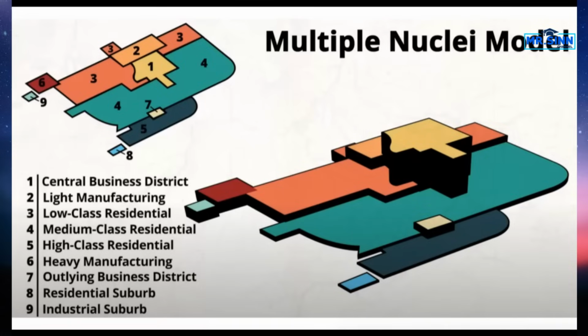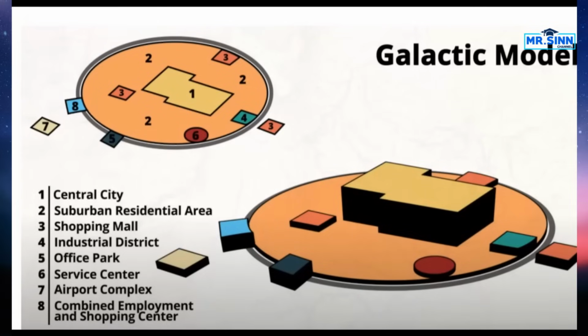If we're looking at jobs that maybe lower income individuals are working at, they're going to gravitate and live near that area. If we're talking about a hospital or office buildings, we're going to see people who work in those sectors gravitate and live near there. So depending on where you're living, we can see nodes here, and then people start to gravitate around them. So we still have that CBD. This model does a much better job of highlighting some of the complexity that happens in our spatial layouts as our cities continue to advance.